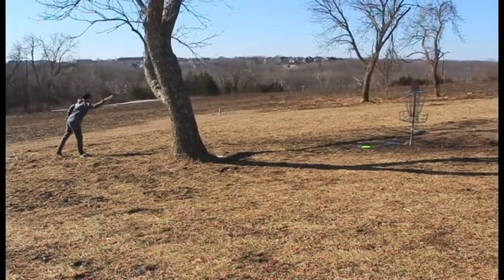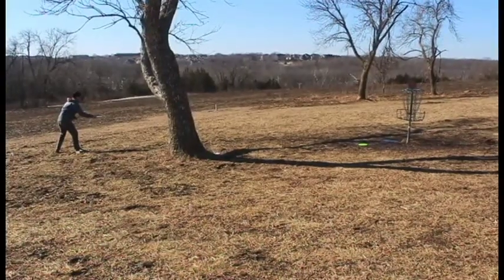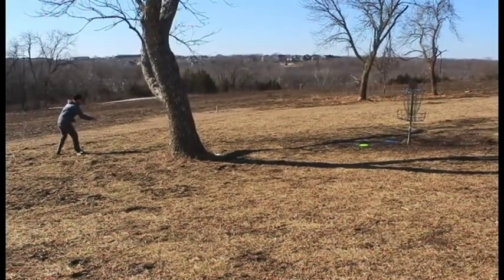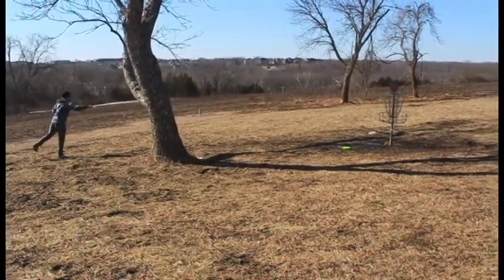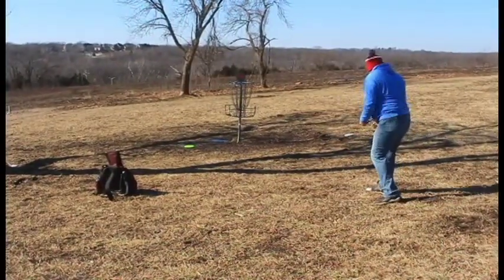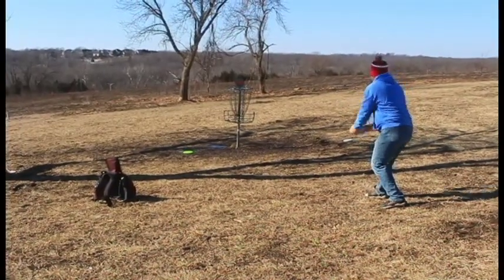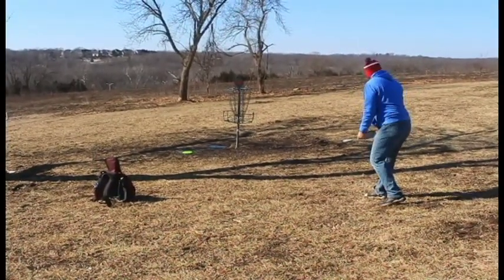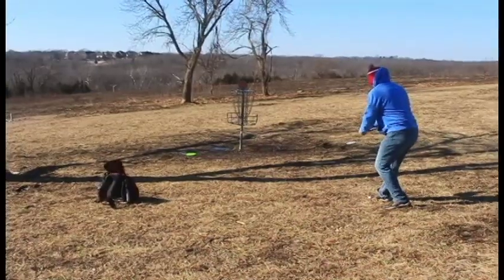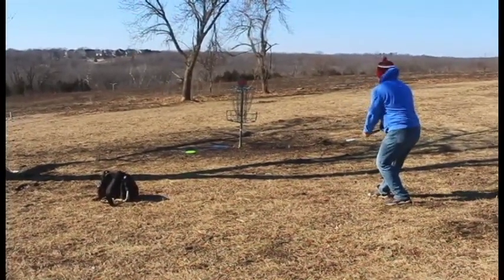And Tom with the birdie look might have that little branch in his way. Hoping that headwind would have lifted his putt, but 3 isn't bad on this day with this wind and this cold wind. Yeah, this is when the wind picks up